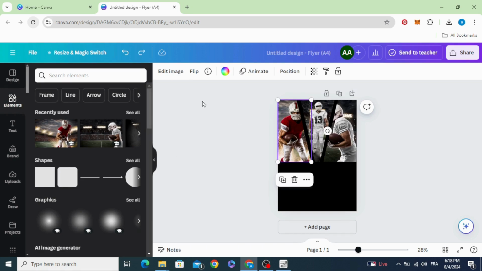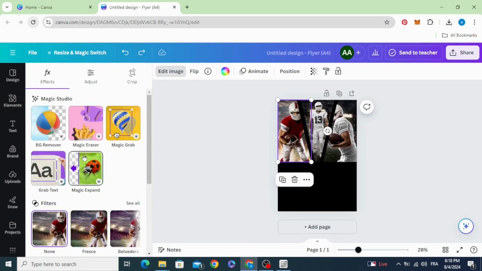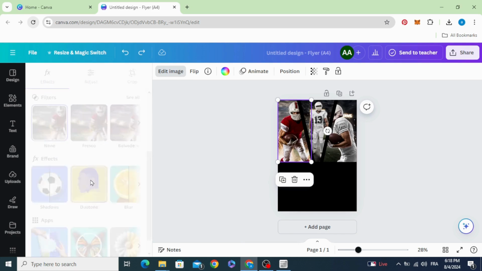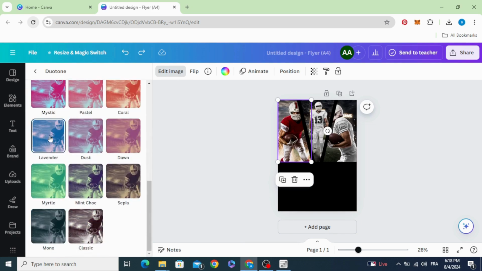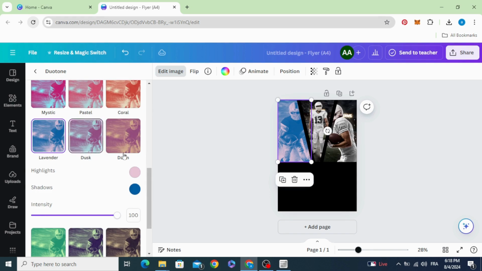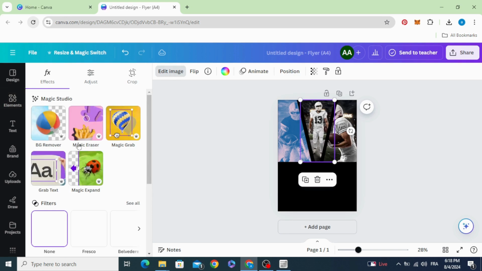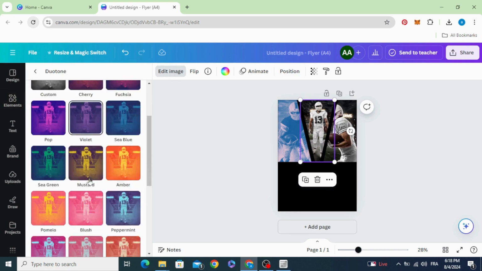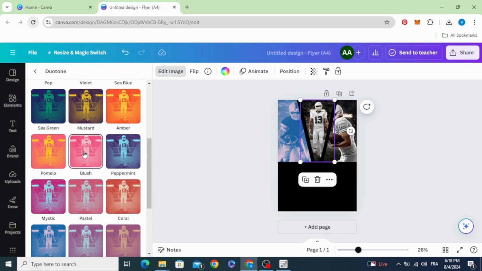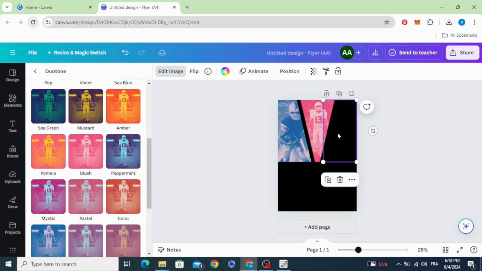Click on the frame, edit image, go to Duotone, choose this blue style, click in the second one, Duotone, let's choose this one, the third one,